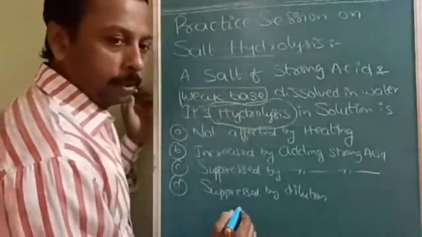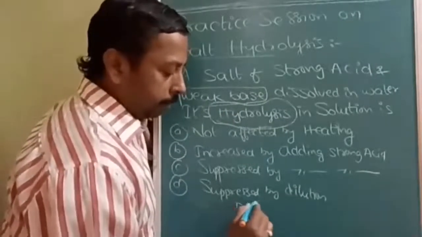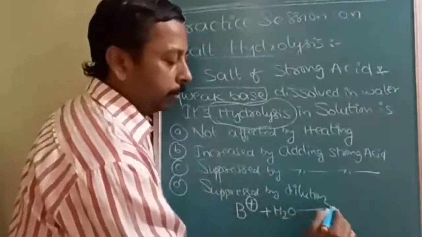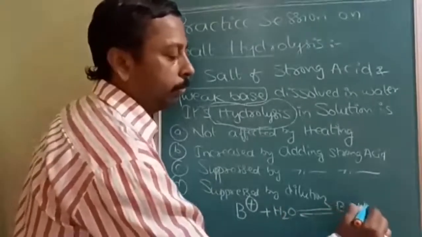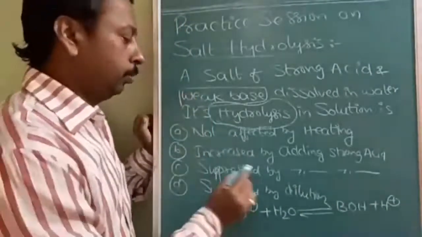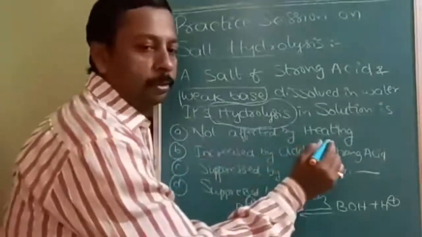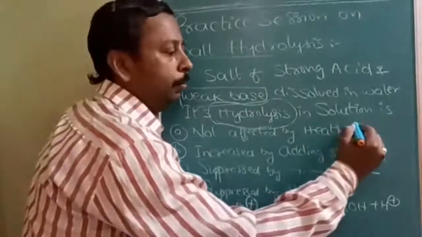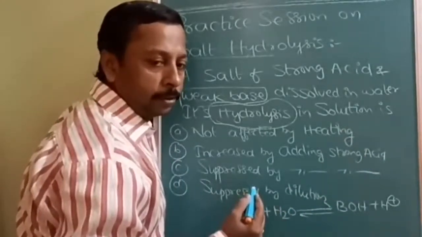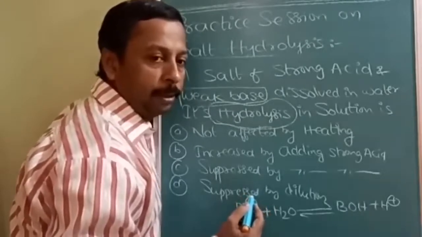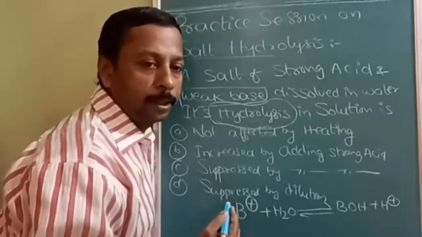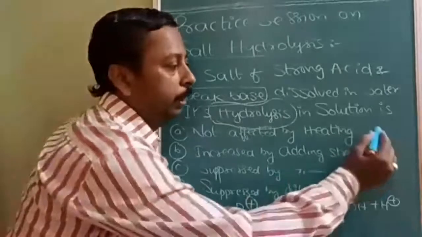So if I write here, is it visible? Let us take B positive of the base. React with water. So what is it going to form? It is going to form BOH plus H plus. Now, the option says not affected by temperature, it is not like that. Because neutralization is exothermic. Neutralization is what thermic? Exothermic. This is the reverse, so it will be endothermic. Salt hydrolysis will be endothermic. So exo or endothermic, there will be change in temperature, change in the reaction. So it cannot be.